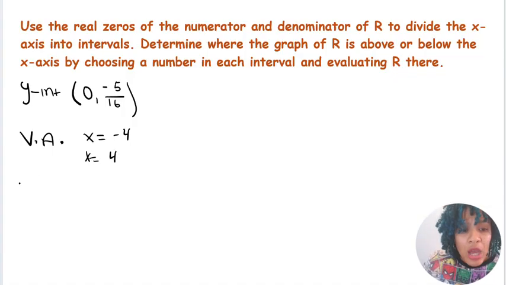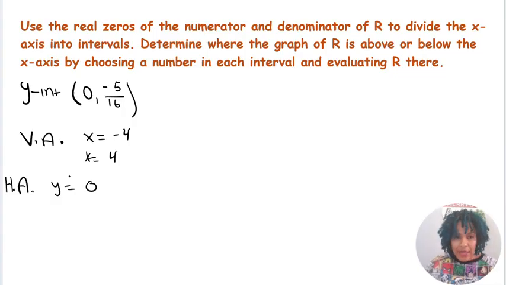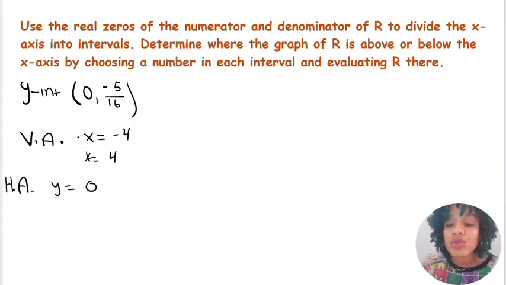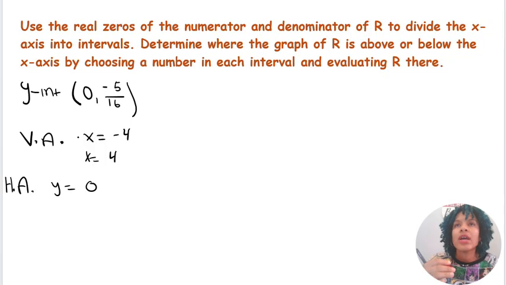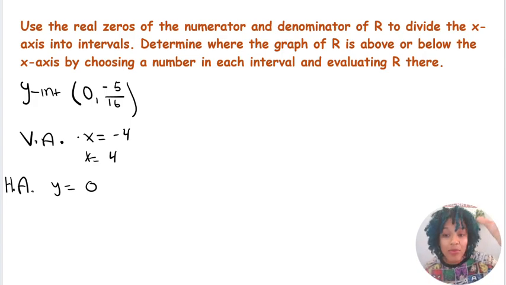What else do we have? We also have a horizontal asymptote at y equals 0. Now, we would like to determine the intervals because we want to graph this function, right? We want to know, when we break this down into intervals, where the function is above or below the